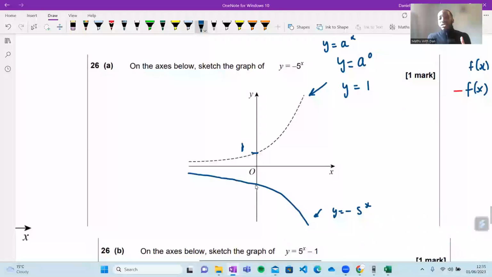Now, they didn't ask this, but it's just a bit of an extra. What would this one be then? What would the y-intercept of our graph be? Exactly. Thank you very much, Quinette. It will be -1 because it's just a reflection, right? Perfect. All clear, guys? Anybody have any questions on that?